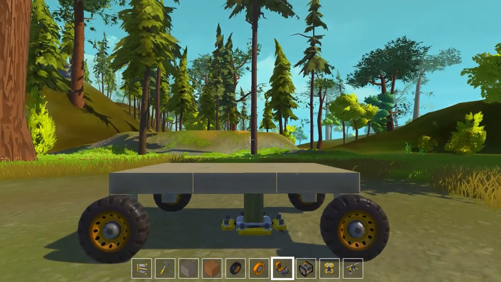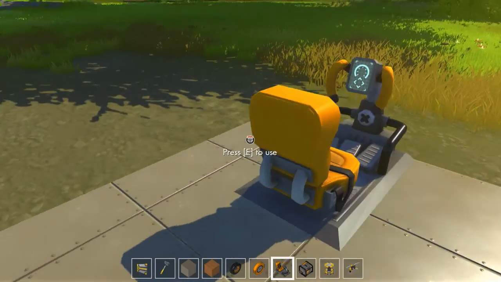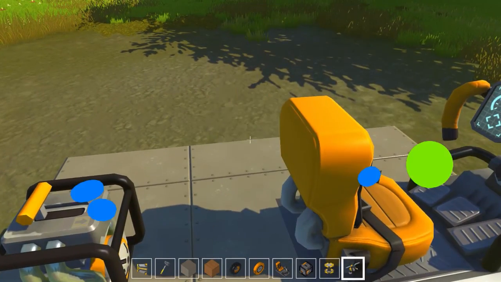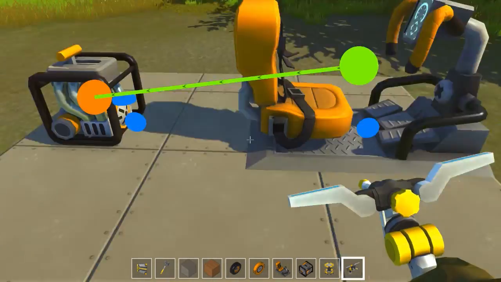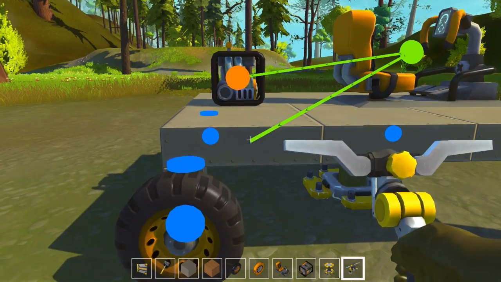So there's two more things that we need to do. Actually, three more things. The first is a driver's seat. And the second is an engine. And what we need to do next is we actually need to connect these. We connect this to the engine. Then we connect the steering to the...